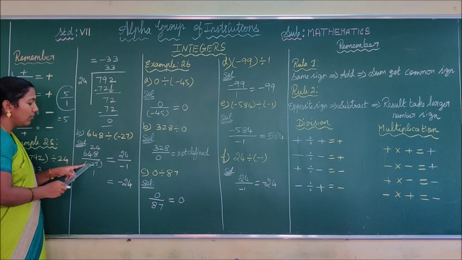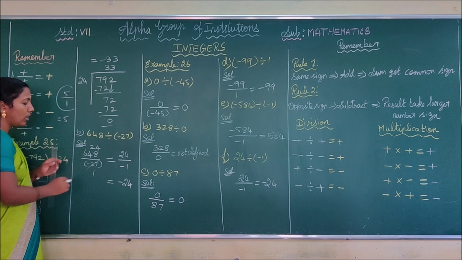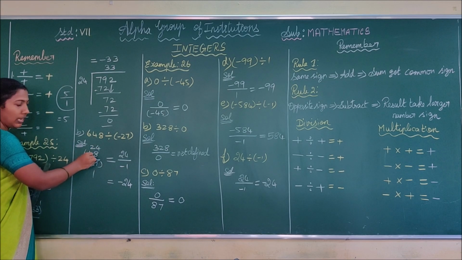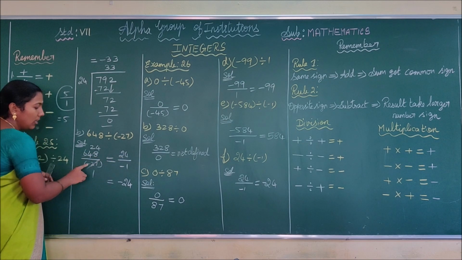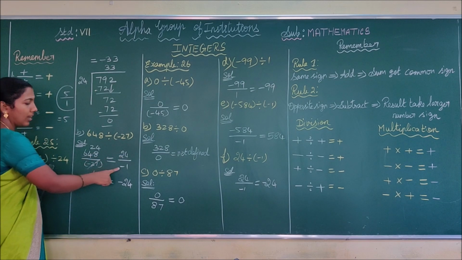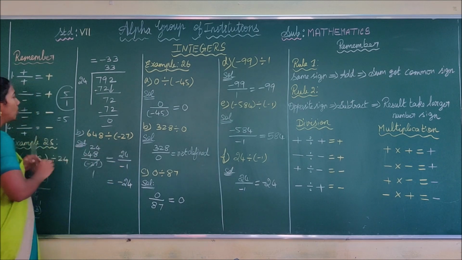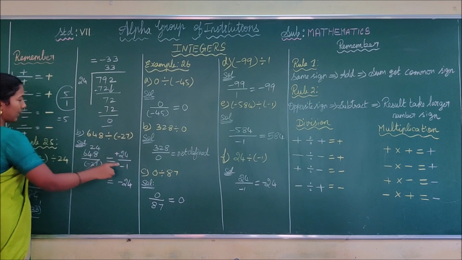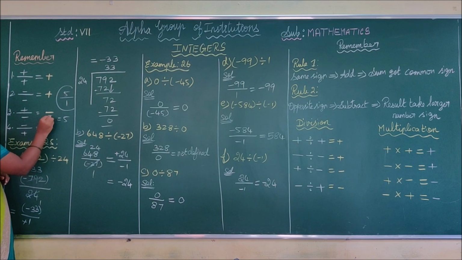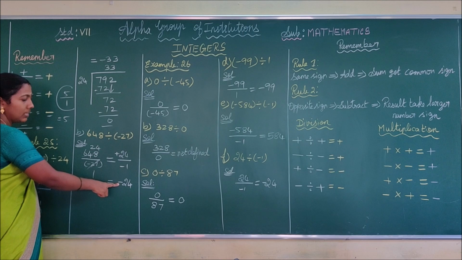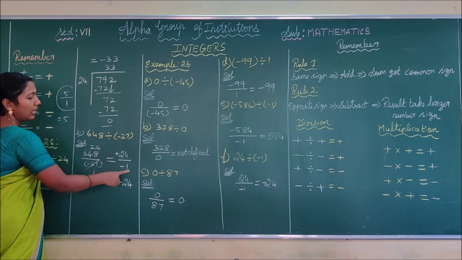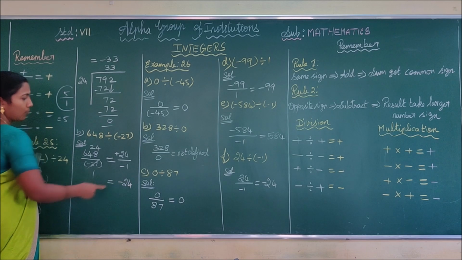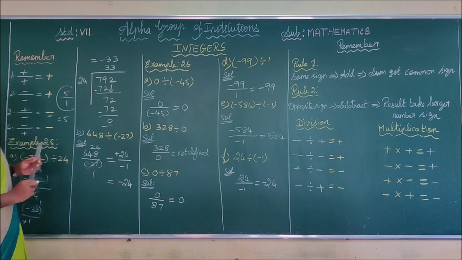And in the denominator here we have the minus. That is, 1 27 is 27, 24 into 27 you get 648. Thus, we are writing 24 by, where you have the symbol minus. Thus, we are having minus 1. As per the rule of division, what is the symbol for 24? Plus. Plus by minus, plus by minus equal to minus. That's why we are writing here minus and the answer is 24. If the denominator has 1, we need not write it. Therefore, the answer is minus 24. It's clear, children?